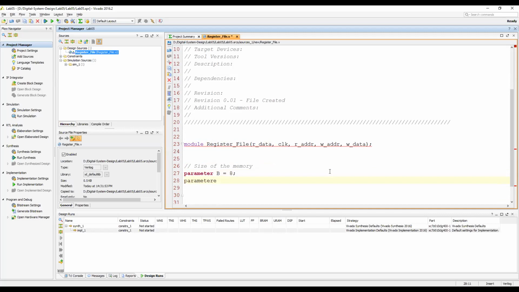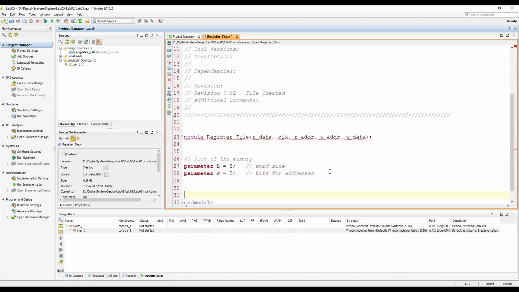And the number of words are specified using addresses. If we need 4 words, we need 2 address bits. So then I say W is equal to 2. So this is the word size, and these are the number of bits for addresses.